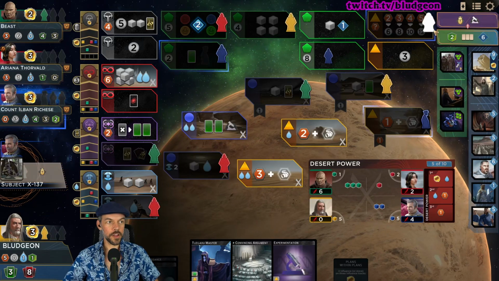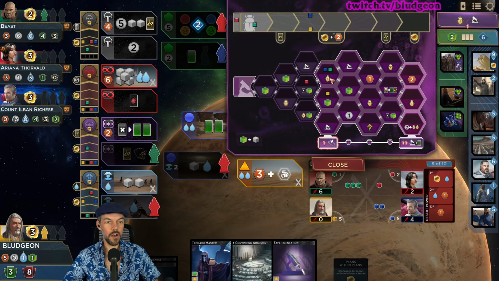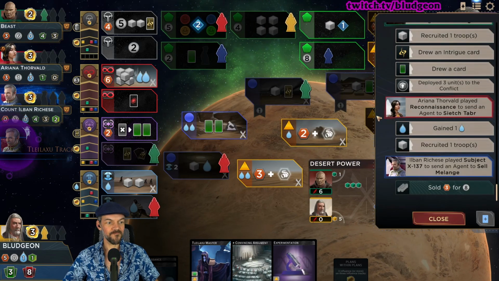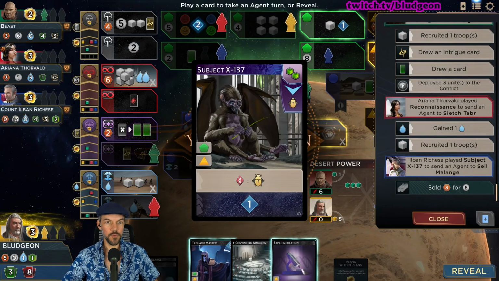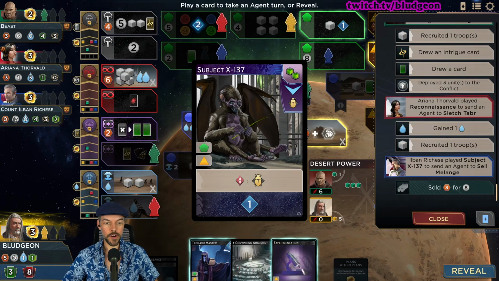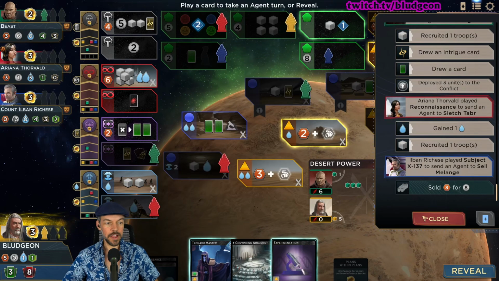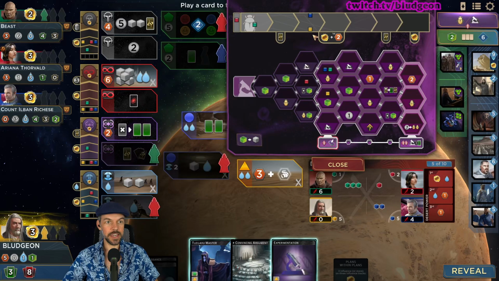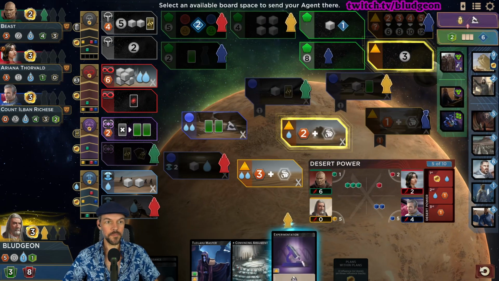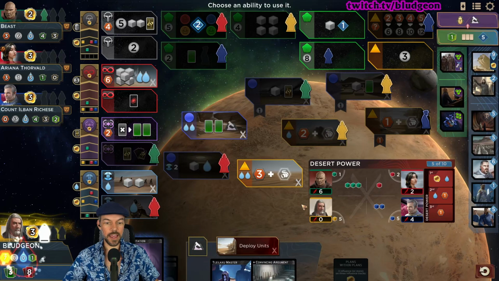So Ilbon's card here also interacts with that genetic marker. So with this card, whenever you play it as an agent, if you have a genetic marker, then you get to advance on the Tleilaxu track, which is what he just did. So he's now tied with me. All right. Well, let's go ahead and...